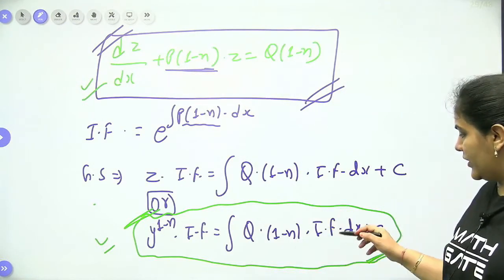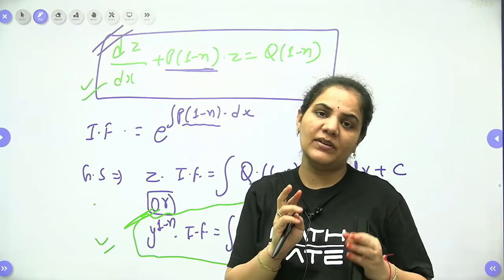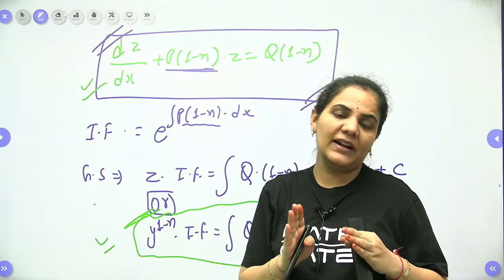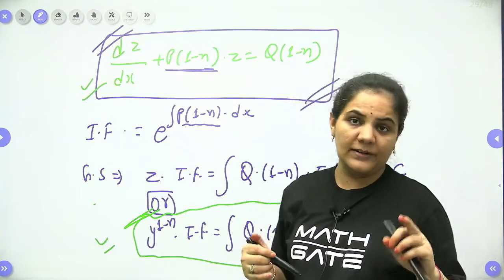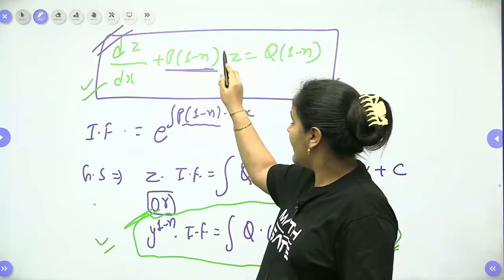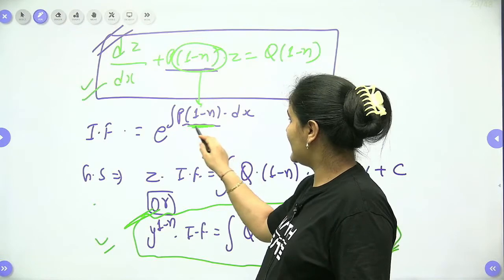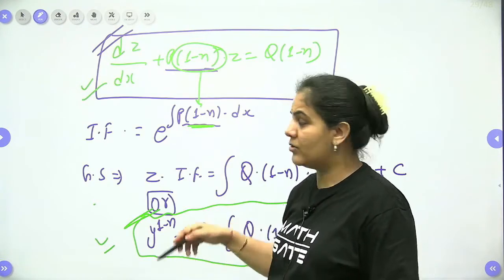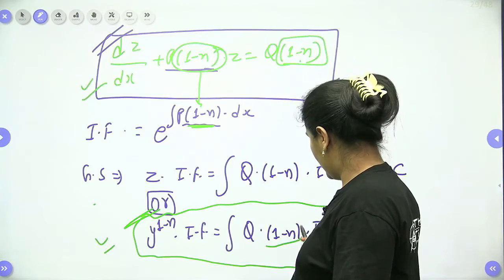So hence we can conclude that the general solution will be y to the power 1 minus n into integrating factor equals to q into 1 minus n. So there is only a slight difference between finding the solution or the integrating factor between the linear and the non-linear. What exactly is the difference? Here we always have 1 minus n, so we have to include 1 minus n in our integrating factor also,